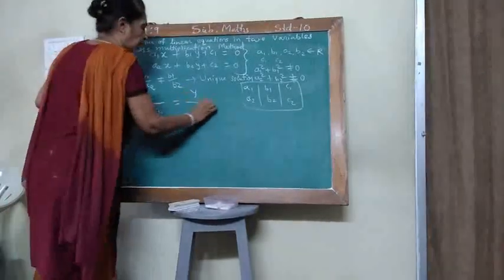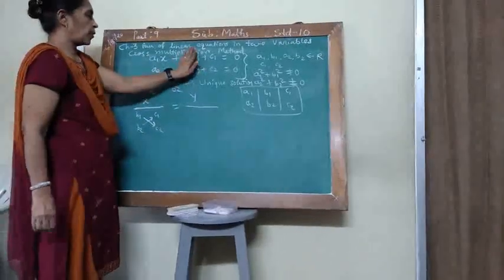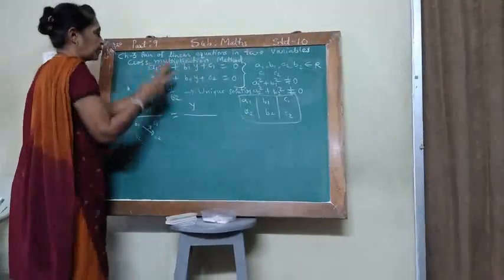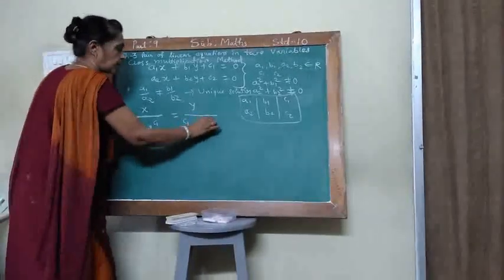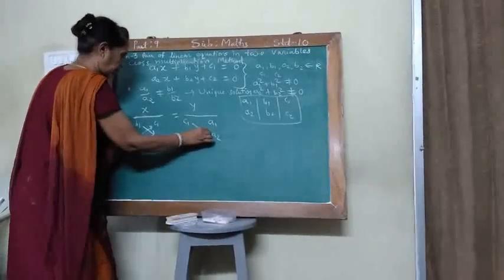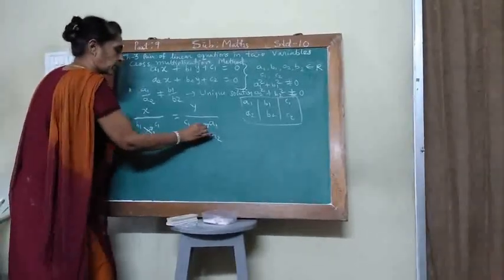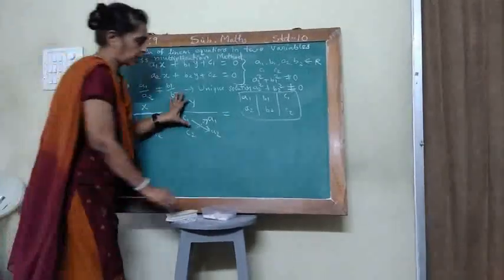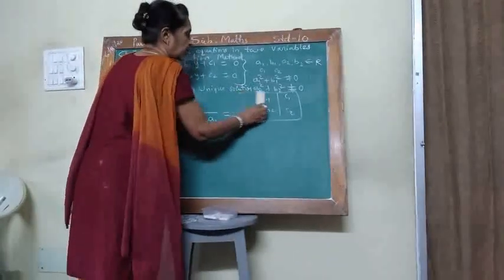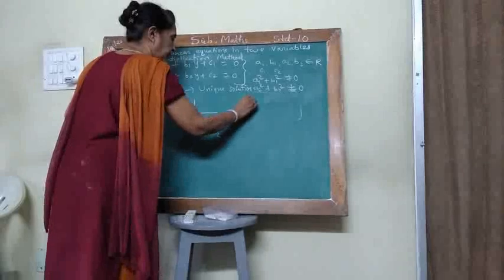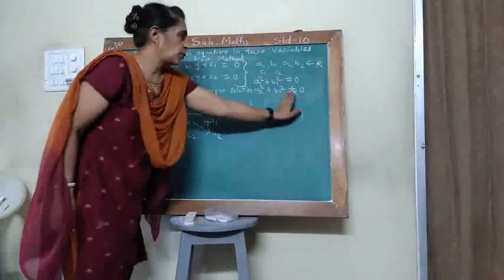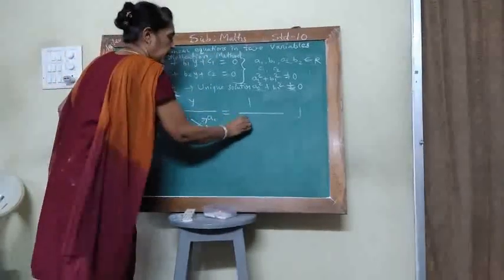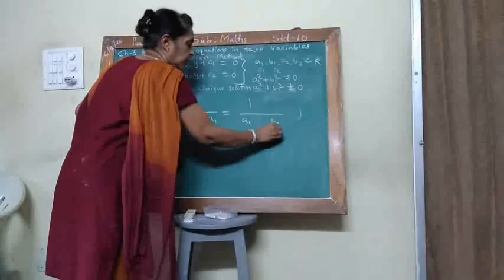It is equal to y upon, now you put your hand over the second column. Third column and first column: c1, c2, a1, a2. Put a downward arrow and an upward arrow; the upward arrow is dotted. This ratio is equal to this ratio is equal to 1 upon, so c1, c2; last, you put your hand over the third column, then you write the first column and second column: a1, a2, b1, b2.